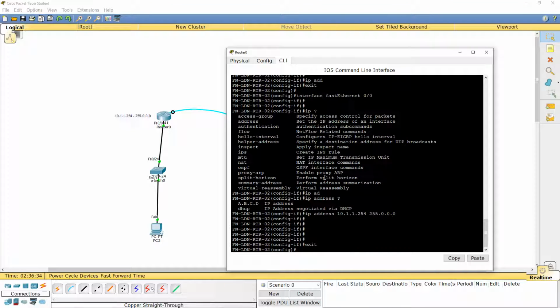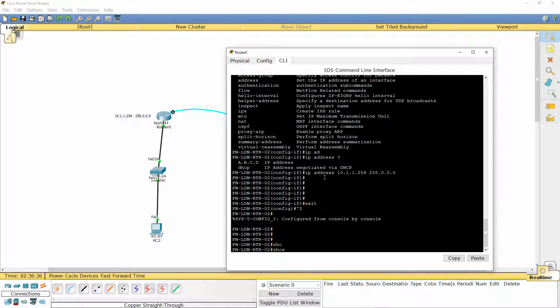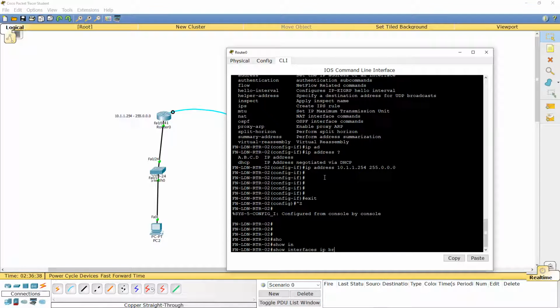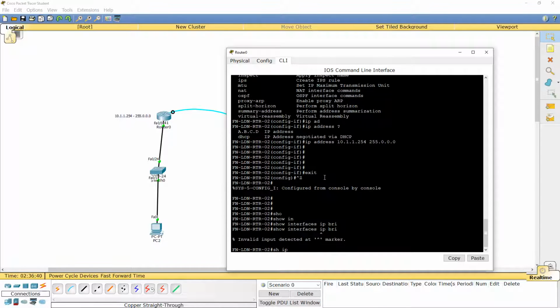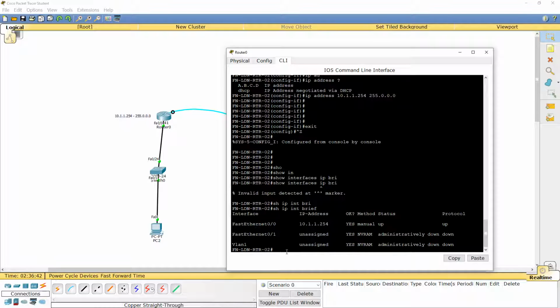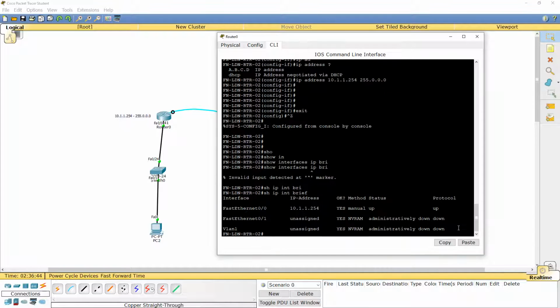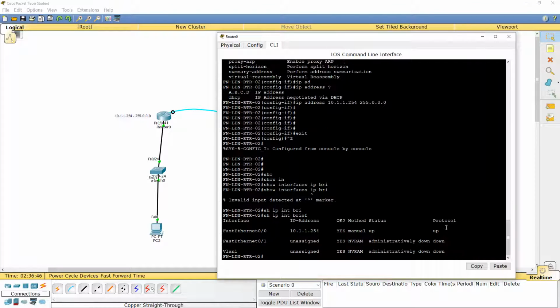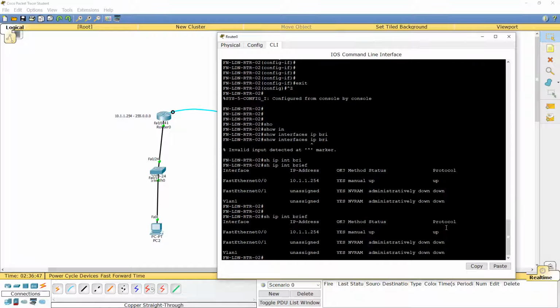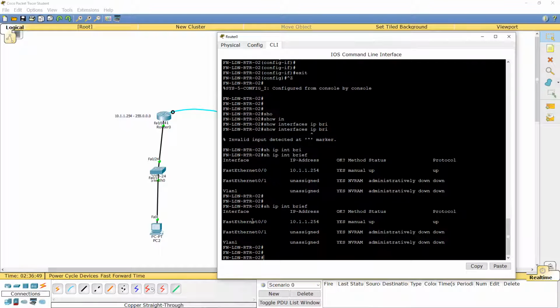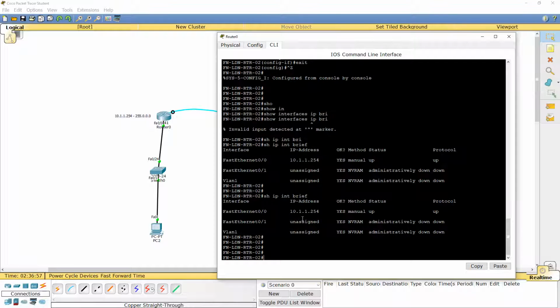Show IP interface brief, sorry. With this command, we can see the doors. Think about the interfaces of the router: the router has different doors to enter into the network. So Fa0/0 is one door, Fa0/1 is another door, VLAN 1 is another door. So three different doors from where you are entering. Right now I have configured the IP address and I see the interface status is up, meaning this communication path is open.